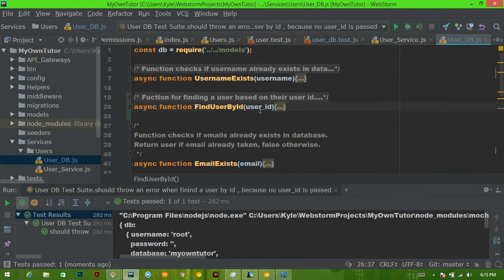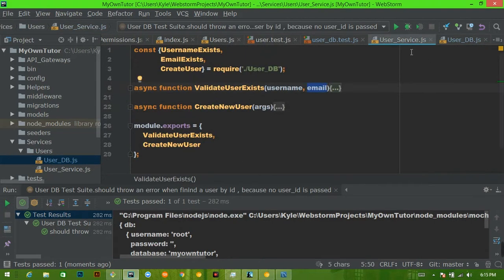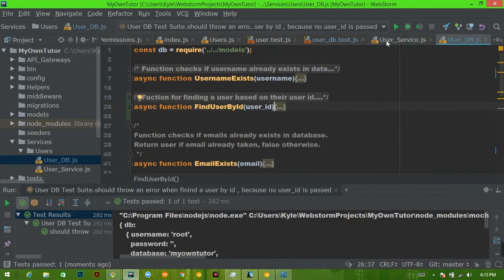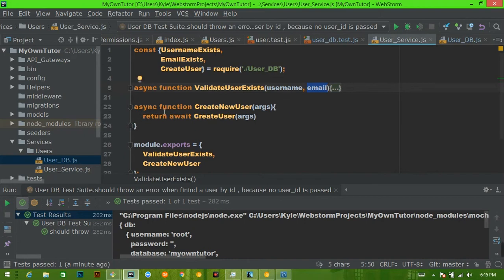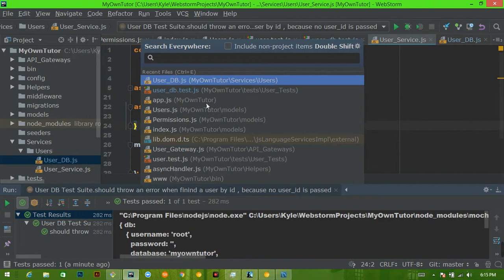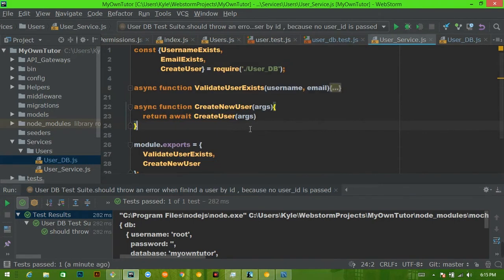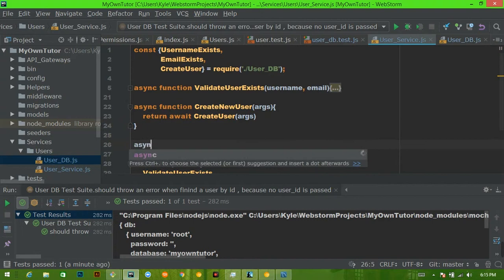So now that we have a way to find a user by ID, we need to go into the user service. Remember that only the user service can communicate with this UserDB. But again, we're going to do something kind of like we did with create new user, where we're technically just making that UserDB available. So we're just going to write async function